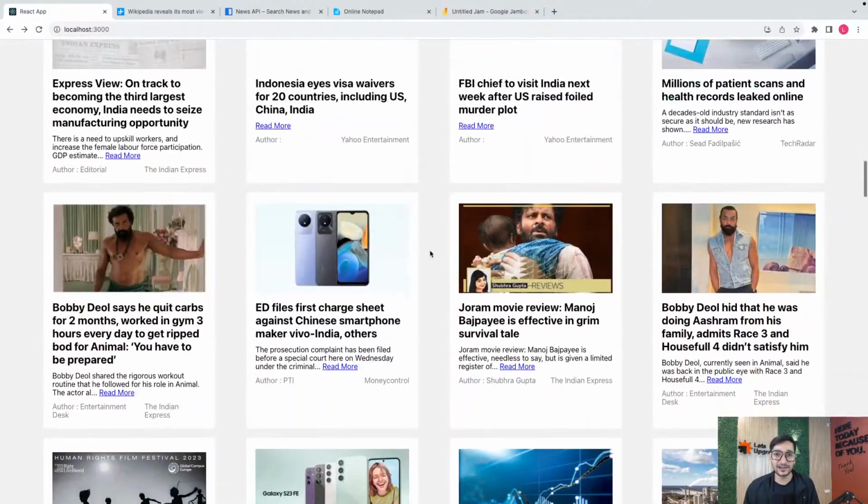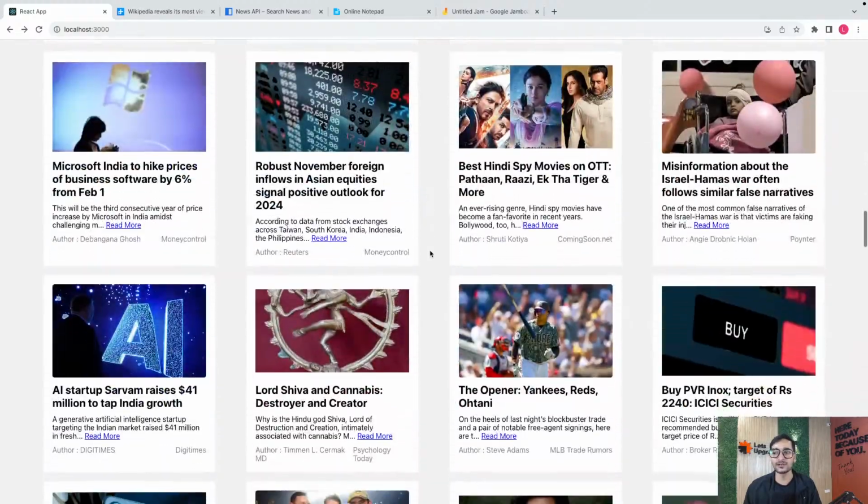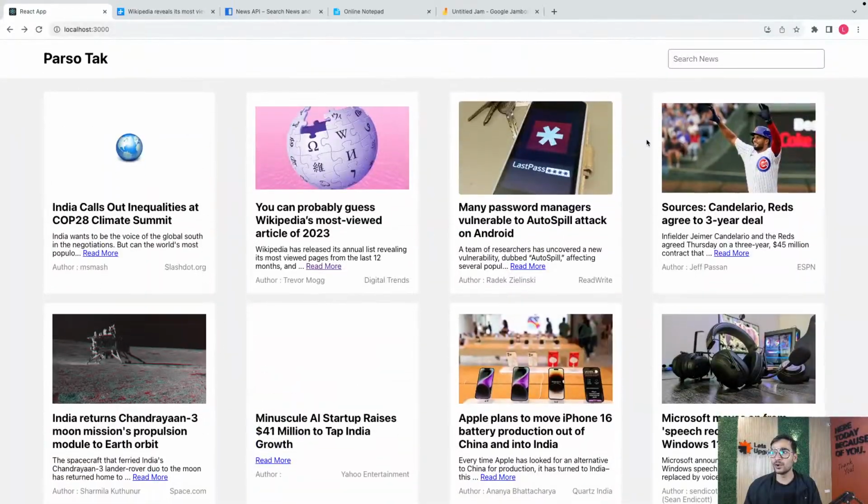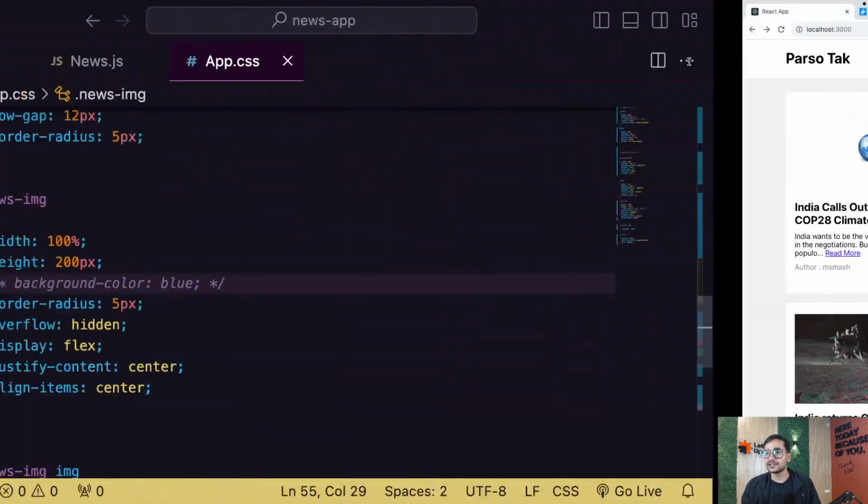So guys, are we cleared with this basic news app that we got? And guys, this is all real news. The best part is this is all real news, and this is all news related to India. Now guys, what we need to do is give a search option to the user where he can search for a particular related news and he will get the updated news here. Yes, I'll show the mapping part.